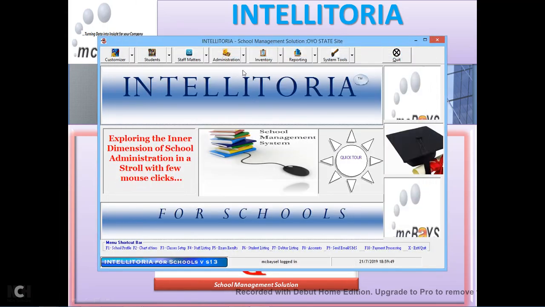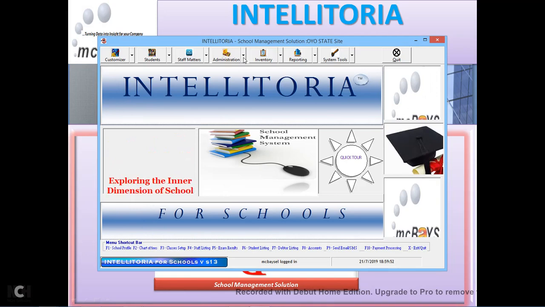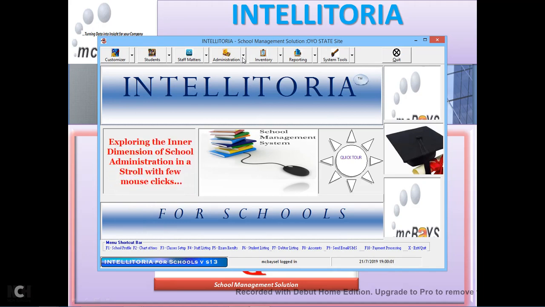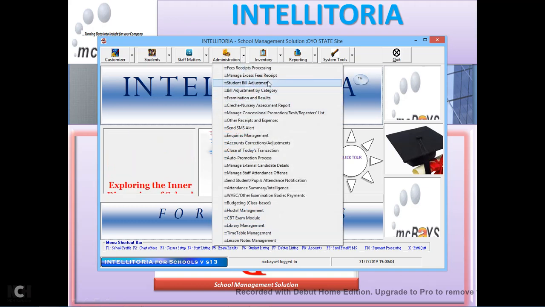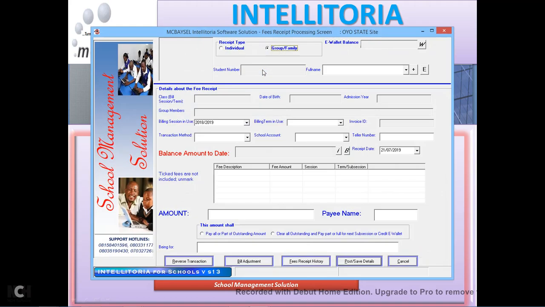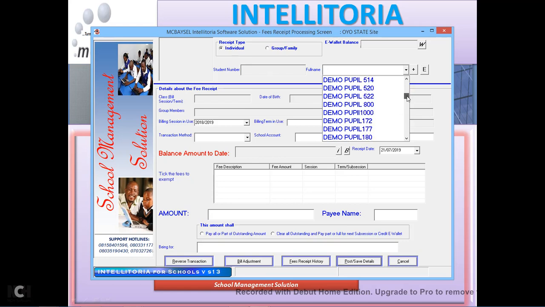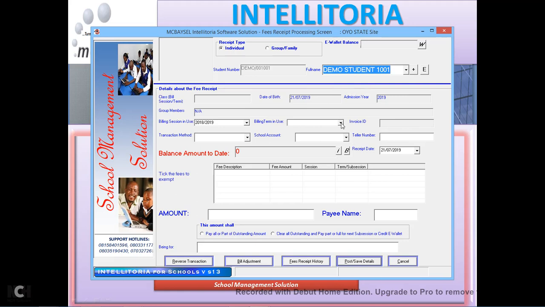So that's that about the billing aspect and the fee receipt processing aspects of the software. Let us quickly take a look at the student ledger card. The student ledger card gives us the opportunity to view the history of payments of every student. If I go to demo students 101 and I click